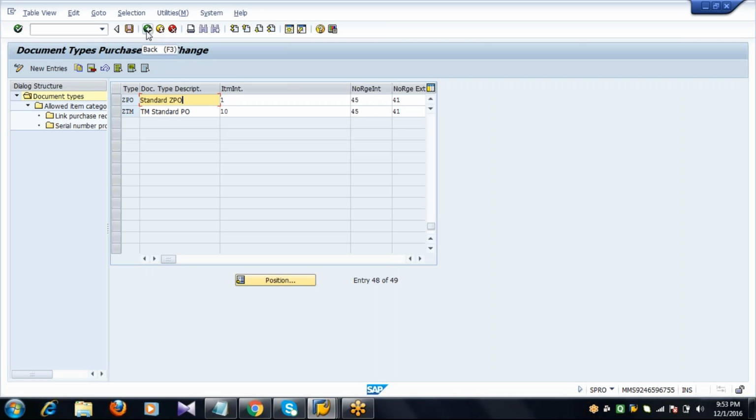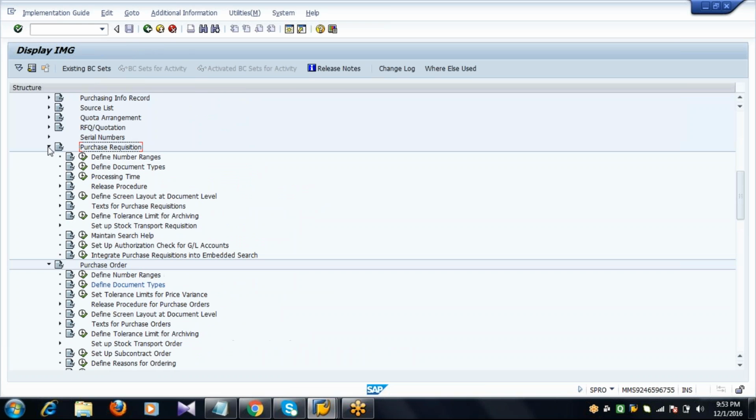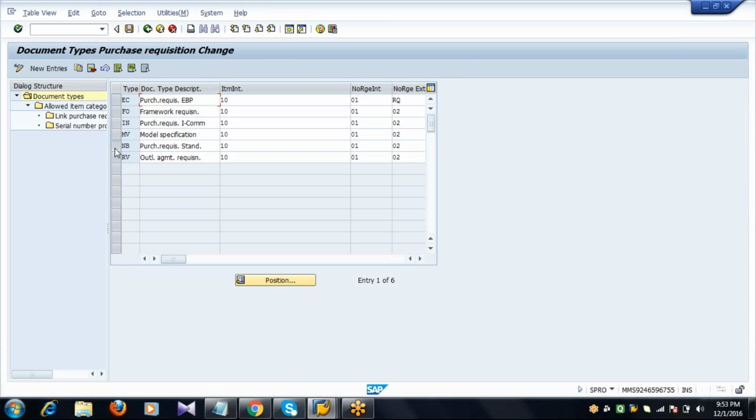So create a document type in PR. Now I am going to create a document type in purchase requisition. So go back. The path is the same path. It is just below the purchase order, purchase requisition, define document types, select the document type NB,